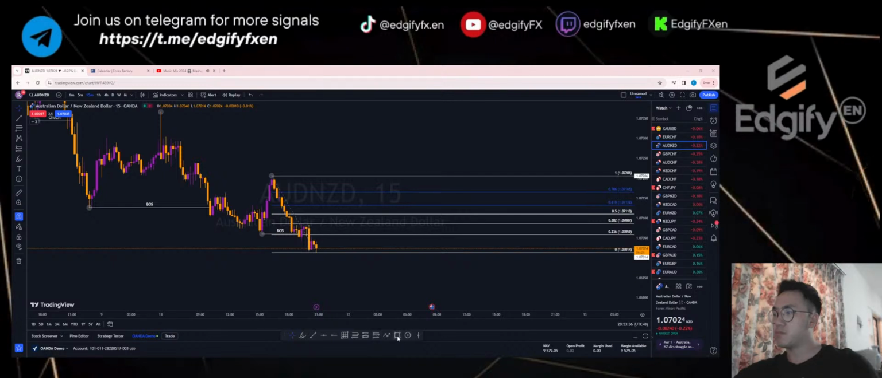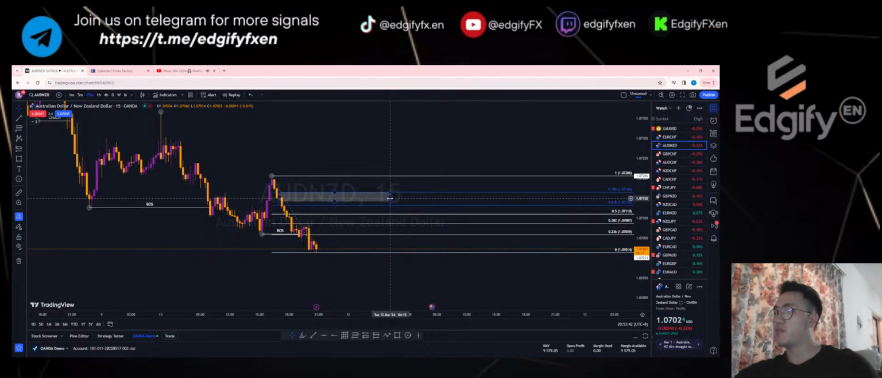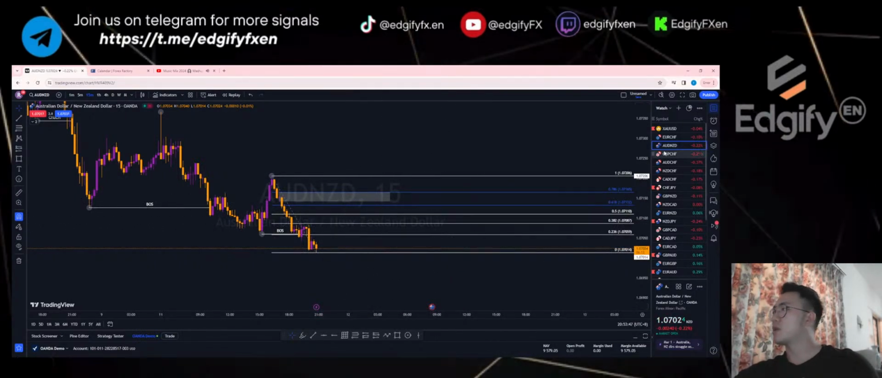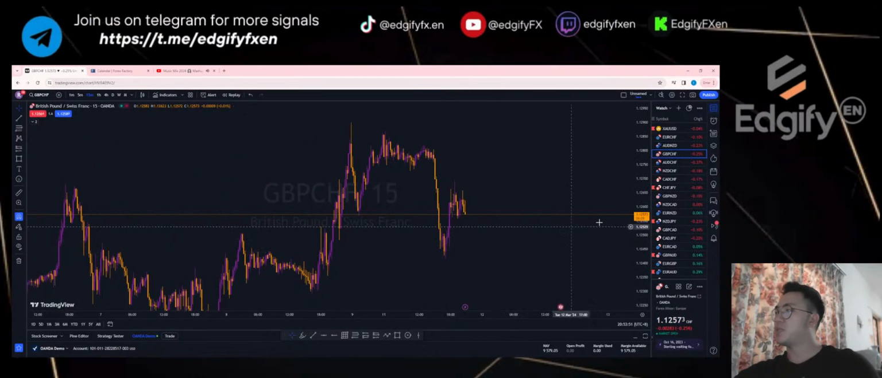We'll see if it stops here and it retraces, then this would be my supply level. This is going to be my supply level here. I'll be looking at these levels to take a shot. So AUD exactly will be a shot. Alright, GBP CHF,